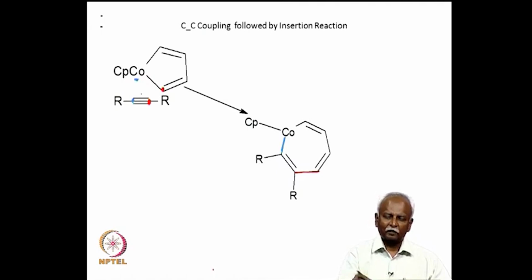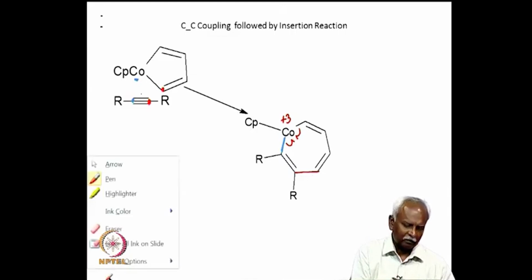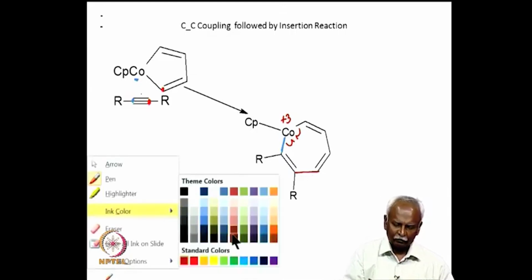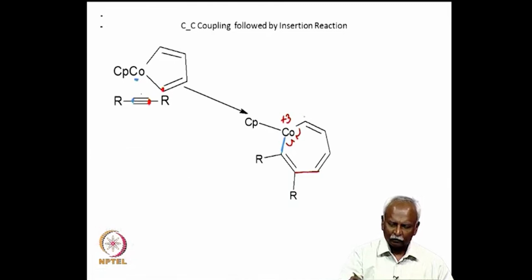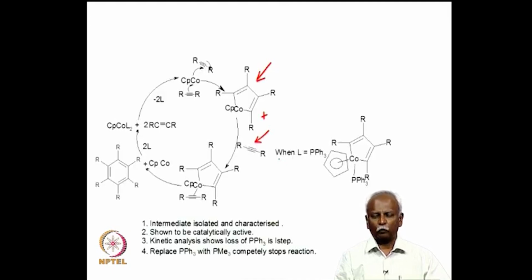In this particular molecule, cobalt is in the +3 oxidation state. So, if we remove half an electron from here and half an electron from here, then cobalt will become +1 again. And then these two vinylic carbons will be left with, so let us just mark the vinylic carbons, they will be left with 1 electron each. And so, in the subsequent step, you will be able to form